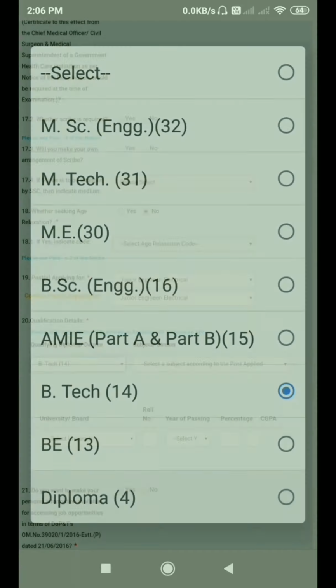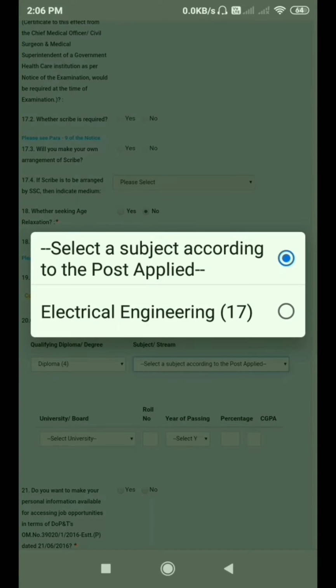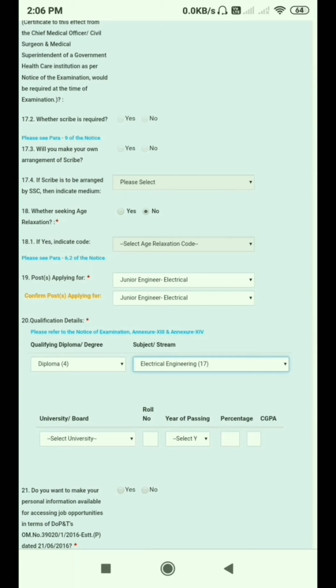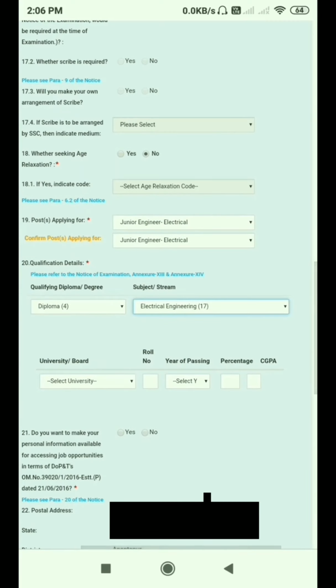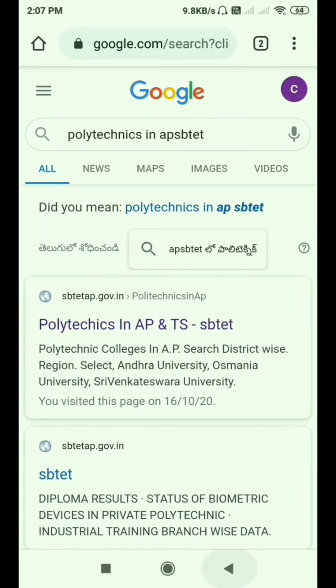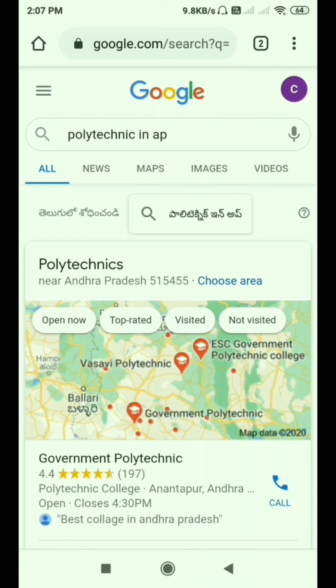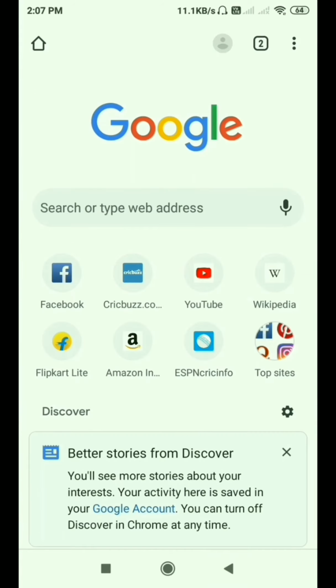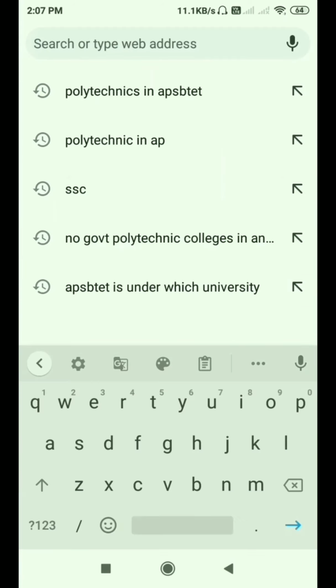After that we have the stream of study, and here electrical engineering is filled automatically, and after that the university board. This is the main part for diploma holders. SPTET is not there, so you have to search for your college under which university. For that, first go to Google and search polytechnics in AP SPTET.